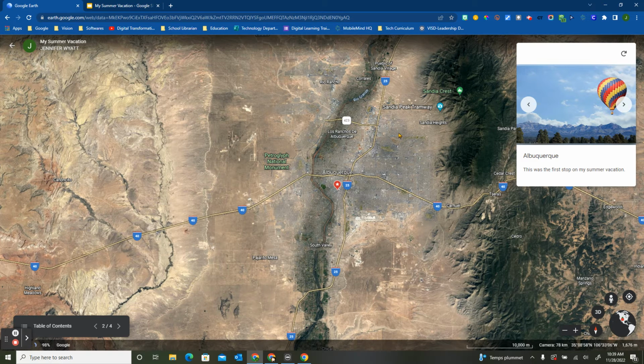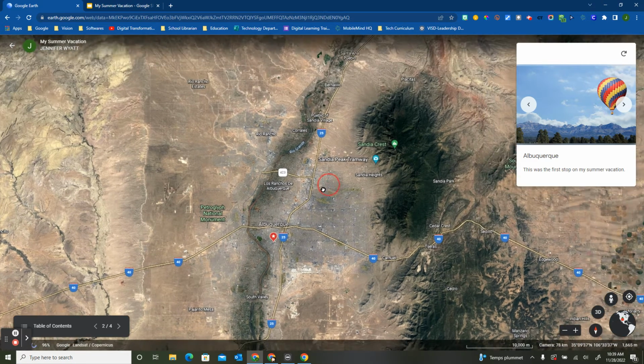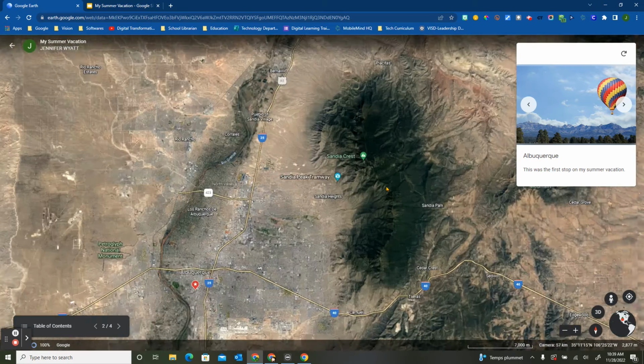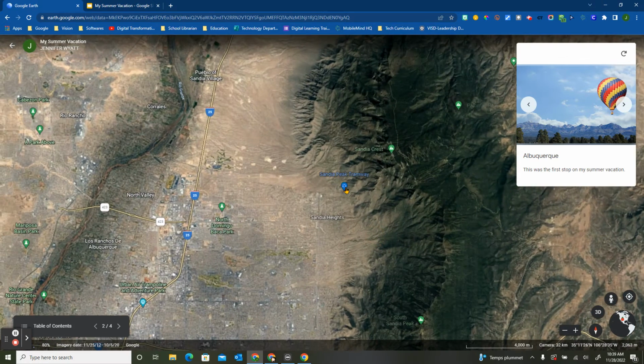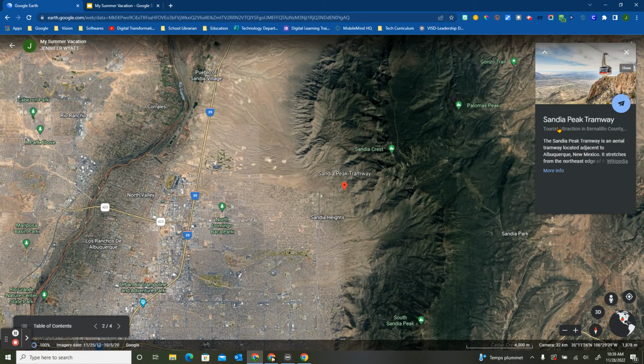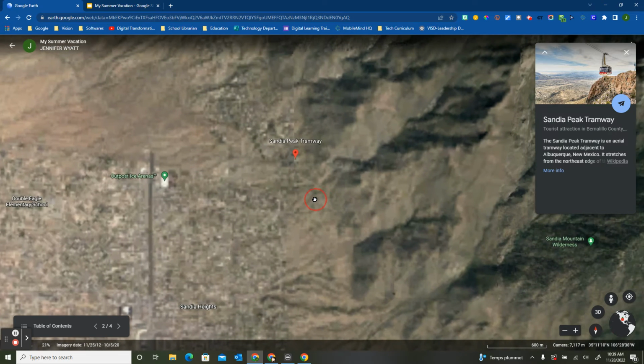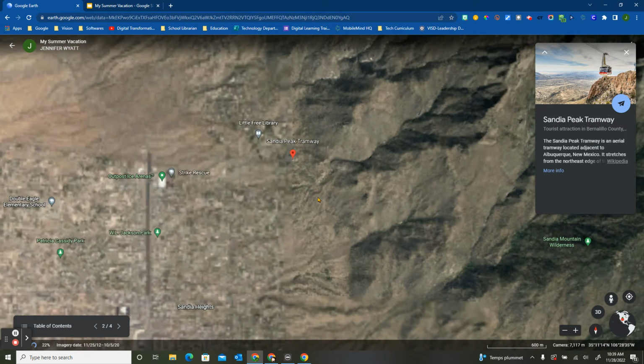Now, I'm going to go ahead and look. While I'm looking at this project, I want to look into this tramway. That sounds really interesting. So I'm going to scroll in. Maybe I can look at that picture. So now my information box is the tramway. That looks really cool. And I wonder what this looks like over here. So as I kind of zoom in,